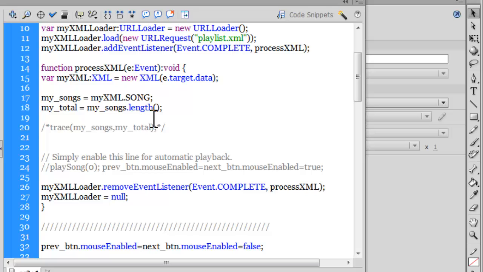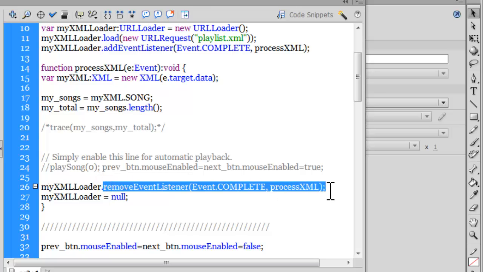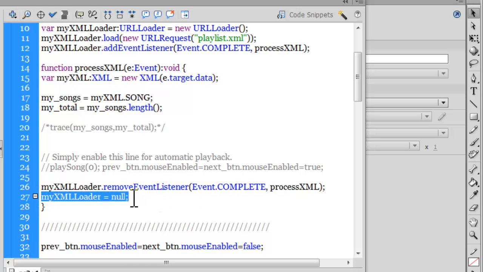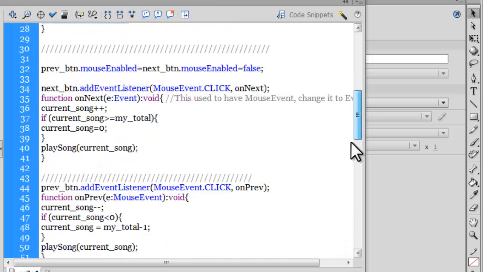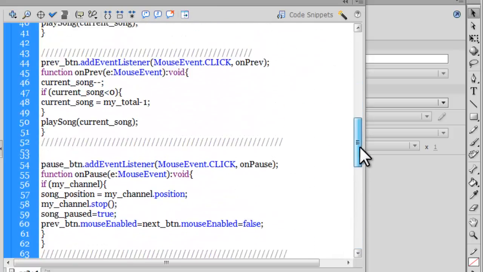Okay. Since the loading is complete for my XML loader, I'm removing the event listener so that it's not too much of a task for the processor and the memory of your computer system. It's always a good idea, and I'm also making it null, freeing the extra memory and the processing resources. Cool. Now after line number 27, everything that follows is an